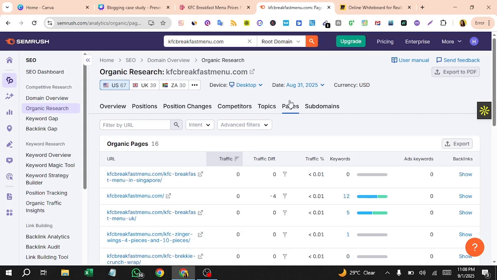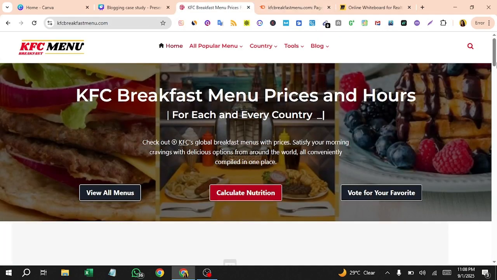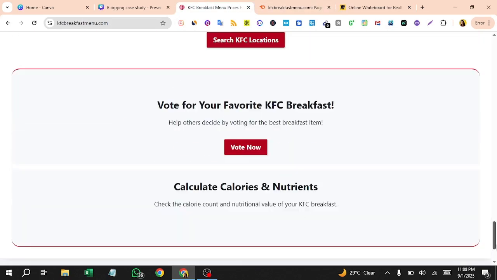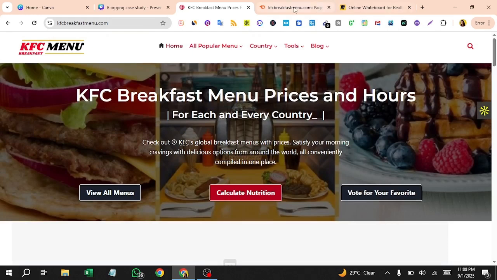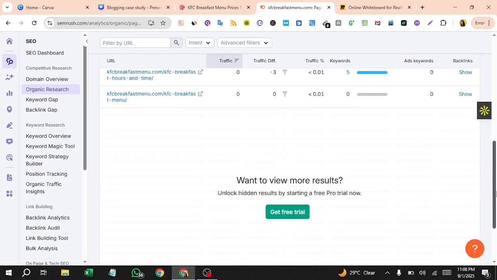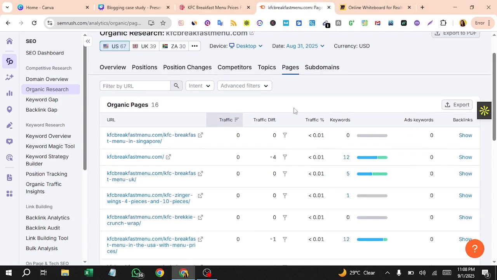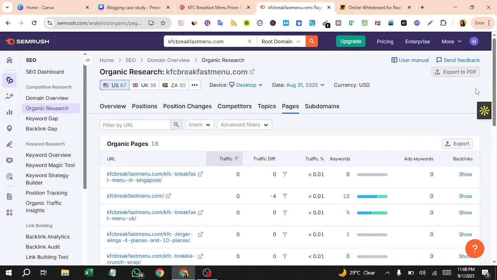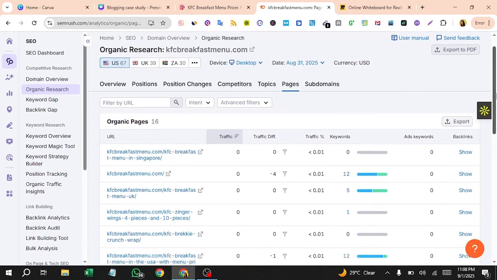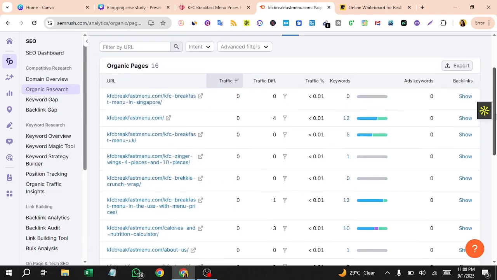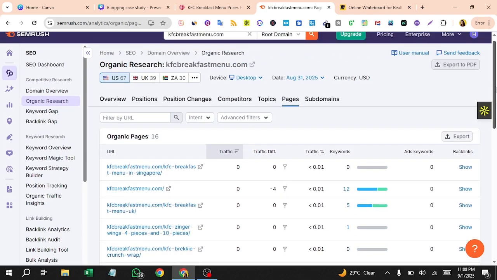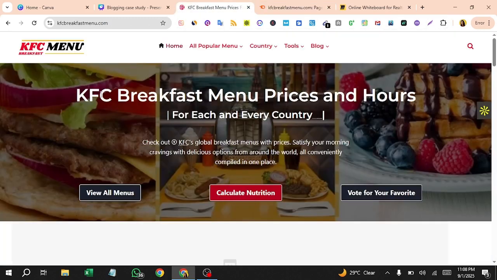Like this website makes, I guess, $5 to $6, because the traffic is low. Again, if you bring the traffic, you will eventually make a good amount of money, like $100 or $500, or it could possibly be $1,000 as well. All you need is to understand the strategy, to understand how the whole system works. I have showed you this website, kfcmenu.com.